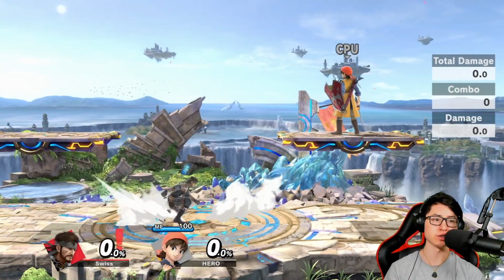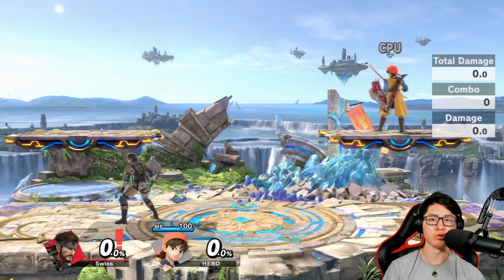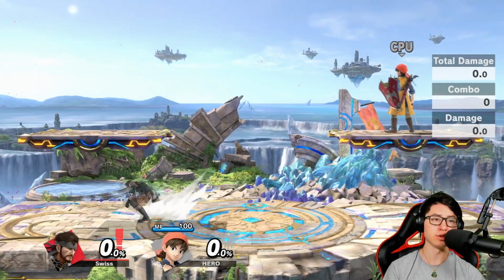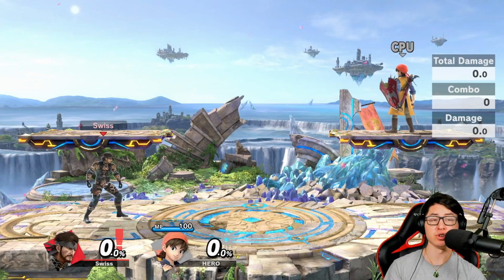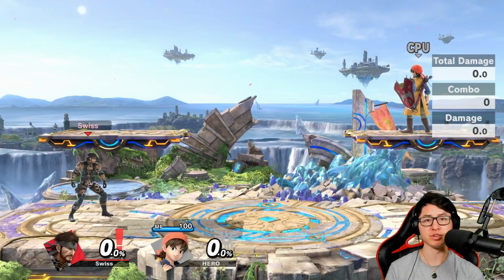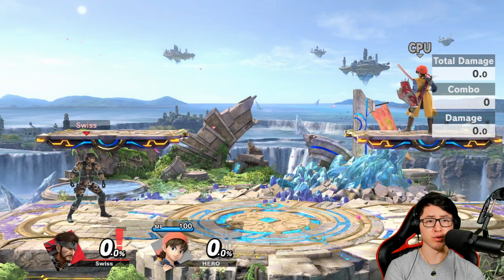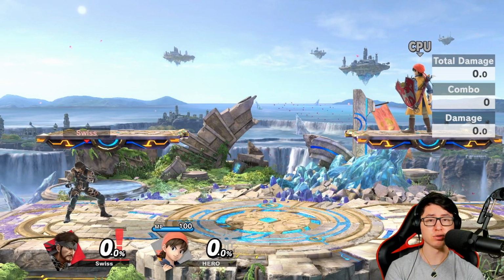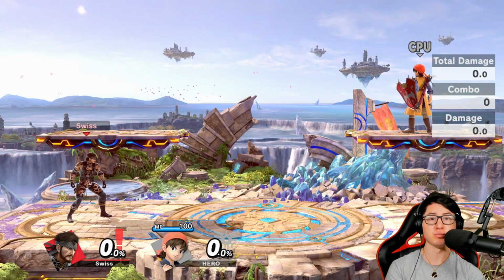My name is Swiss, and for this week we're going to be going over version 8.0.1, the new and improved Battlefield version 3, PS3, Battlefield Junior, small Battlefield, little Battlefield, whatever you want to call it, Battlefield Central. Anyways, we're gonna go over how the stage works, blast zones, is a stage good for Snake, and everything that you guys need to know about using Snake on